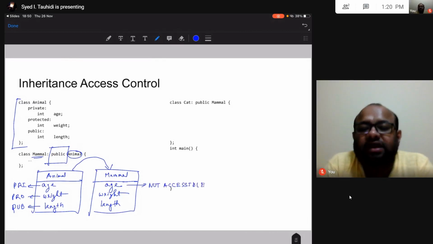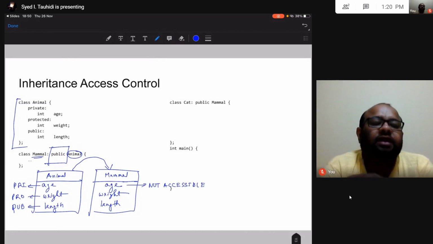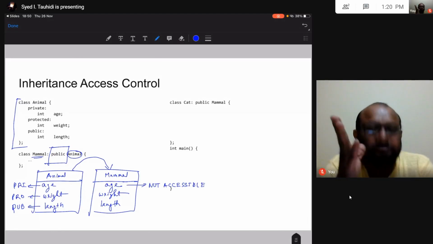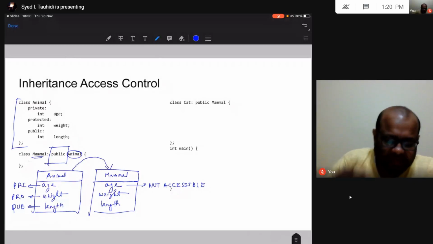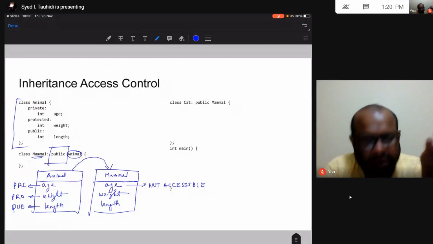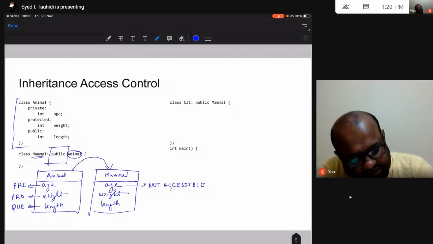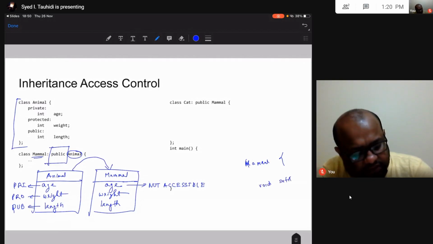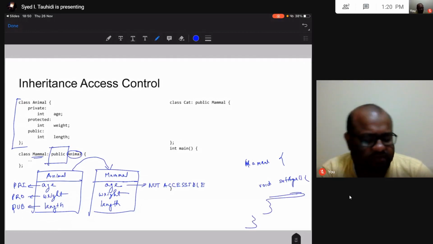Okay, remember this. Age in mammal, I cannot even touch this age directly. It is not accessible. There is no question of it being private. Say if age were private in mammal, inside my mammal class I could have a function like void set age, and I can access age inside this function.